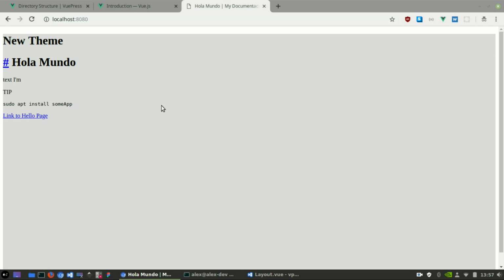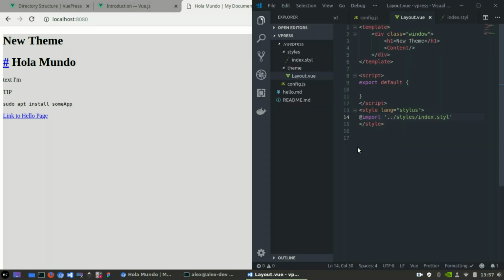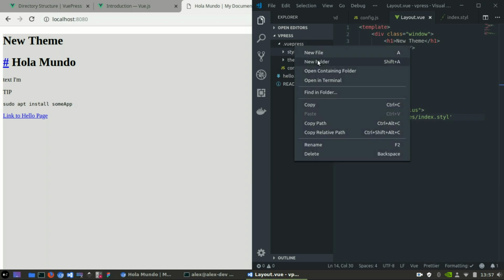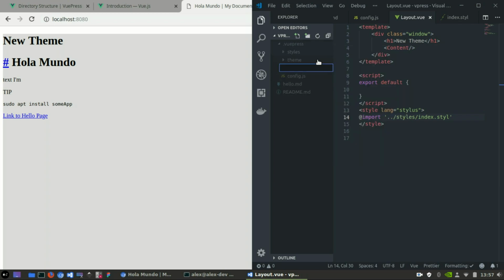And I'll show you just one more thing, the last thing that I show you, that you see that that's beautiful and powerful, is that we can use components. Yeah, that's right, we can use the Vue.js components. And how can we use it? In the same directory where the VuePress is, you create a new folder. Let's call it